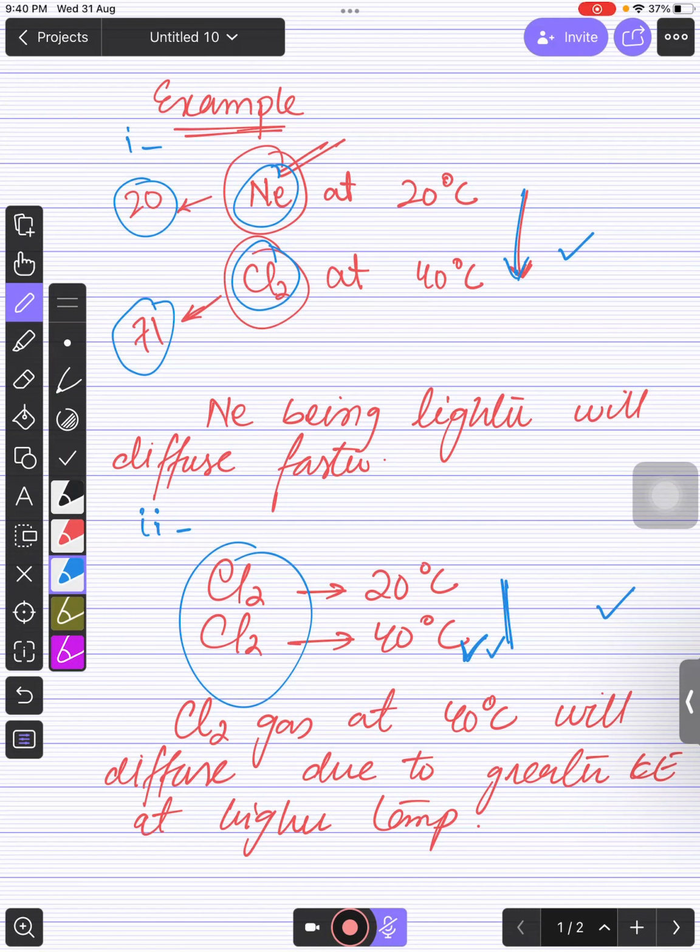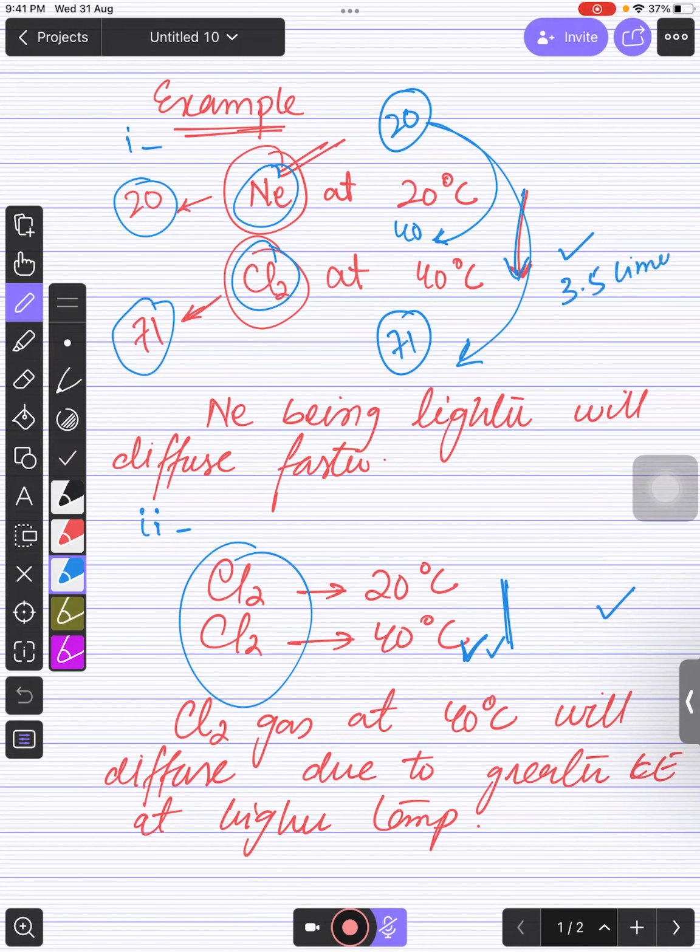सर नियॉन और क्लोरीन वाला क्लियर नहीं है। नियॉन लाइटर है ना, अभी तो किया है आपने। नियॉन का मॉलिक्यूलर मास कितना है 20 और क्लोरीन का कितना है 71। इतना ज्यादा डिफरेंस है सर लेकिन मॉलिक्यूलर मास। टेम्परेचर तो क्लोरीन का ज्यादा है। हाँ टेम्परेचर क्लोरीन का ज्यादा है ना, बट देखें अगर फॉर एग्जांपल क्लोरीन 40 होती तो चलो समझ में आता कि दोनों ये डबल है। आप देखो ये डबल से भी ज्यादा है, ये 3 टाइम्स से भी ज्यादा है, एटलीस्ट इट इज 3.5 टाइम्स ग्रेटर, है ना।